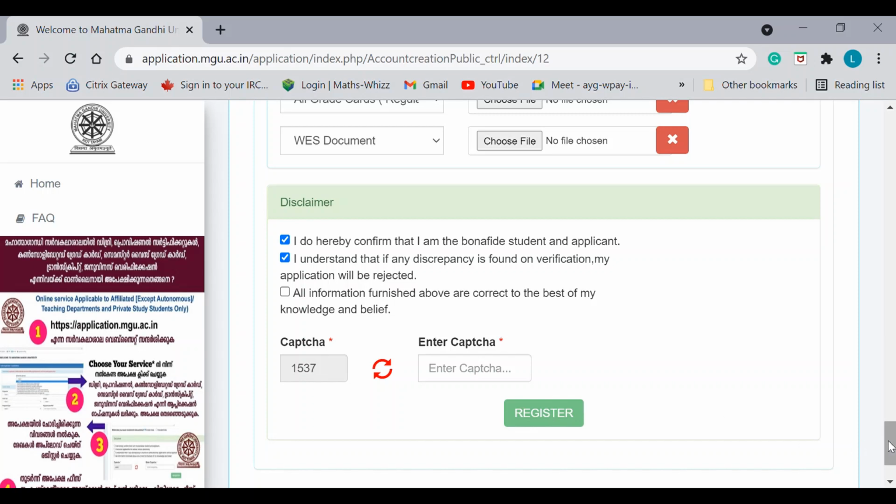I believe we have captured all the points for the application. In case you have any doubts, you can put your doubts in the comment box, and I'll explain by replying to your comments.